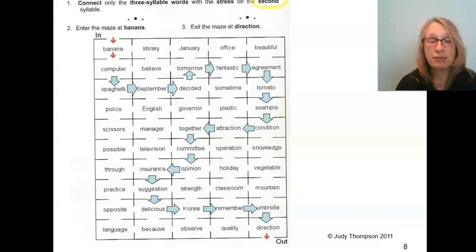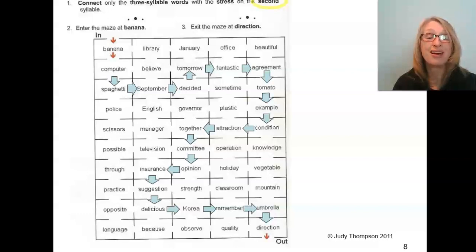So we'll do this again all the way through a little bit faster. Ready? Banana, computer, spaghetti, September, decided, tomorrow, fantastic, agreement, tomato, example, condition, attraction, together, committee, opinion, insurance, suggestion, delicious, Korea,